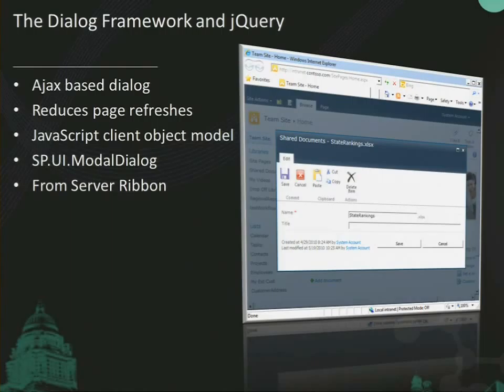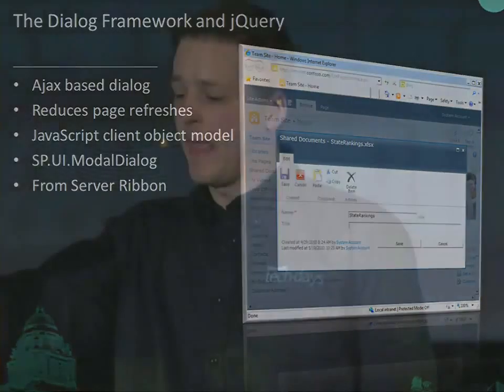Another pretty common scenario that I would like to talk about is how you can make use of jQuery in combination with the dialog framework that we have in SharePoint 2010. First of all, for the people that have no idea what I'm talking about, what are dialogs in SharePoint? Well, dialogs are